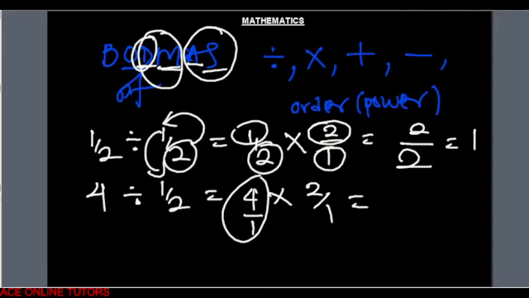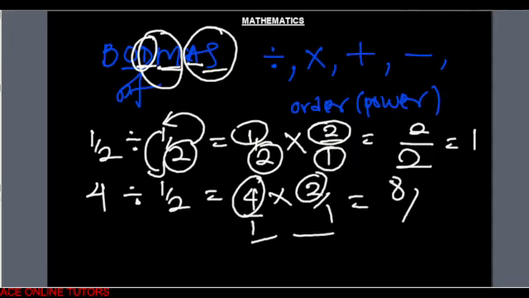So 4 over 1 is the same thing as 4. Then you carry out the normal process. You multiply 4 by 2, that will give us 8. You multiply 1 by 1, that will give us what? 1. So you have 8 over 1, which is 8. Now, so that's how we go about